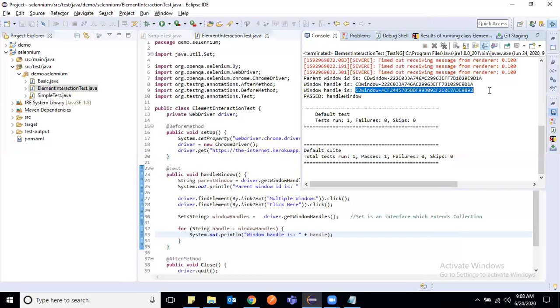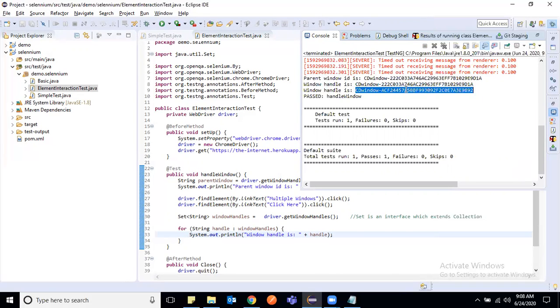Now the question is, what will happen if I say, get me the page title of the child window, this window which is highlighted here?